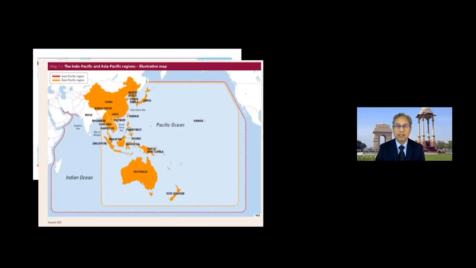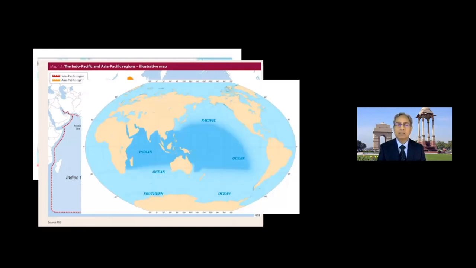And that is why we are today discussing what does India think of the Indo-Pacific region. But this map also shows us that when we talk about Indo-Pacific region, we are not talking of the whole of Indian Ocean and the whole of Pacific Ocean. For example, you see the area highlighted in a deeper blue color on your map now. That is the region. So it basically looks at largely the eastern part of the Pacific and western part of the Indian Ocean region. And you can see that your own